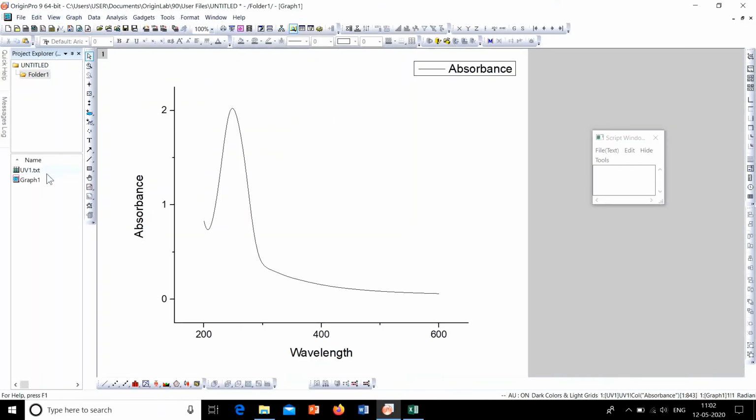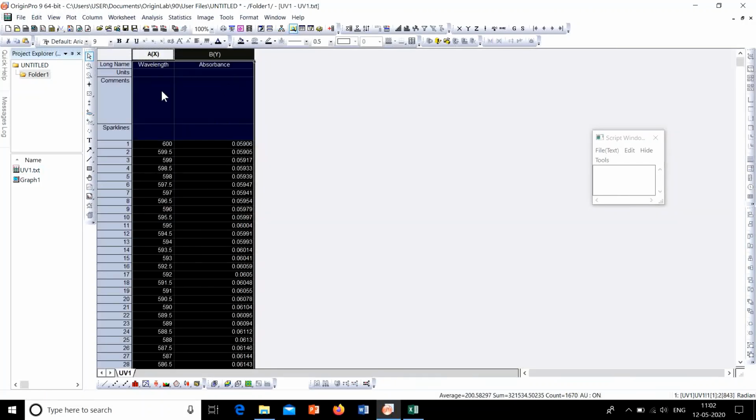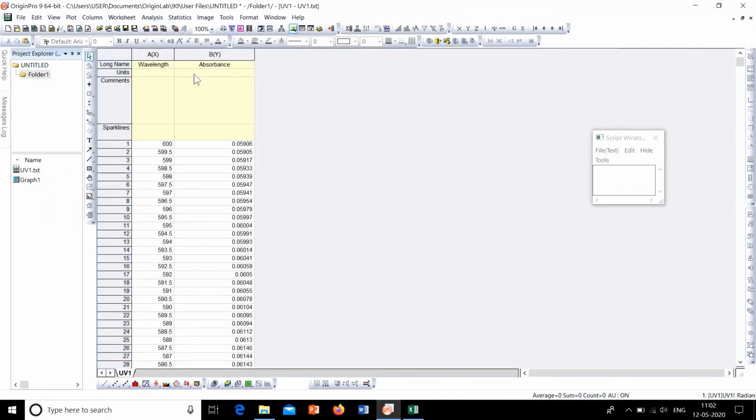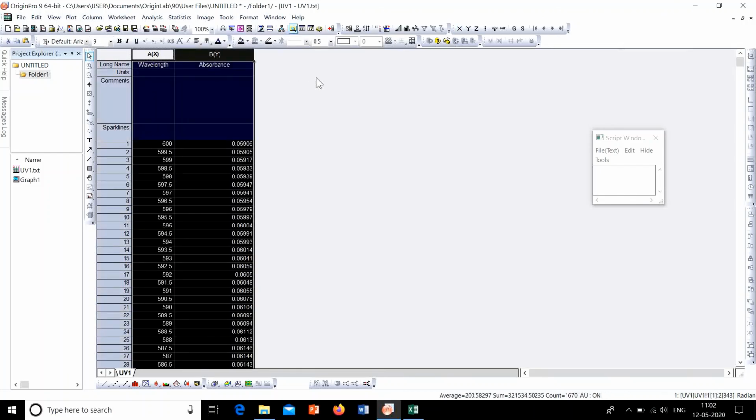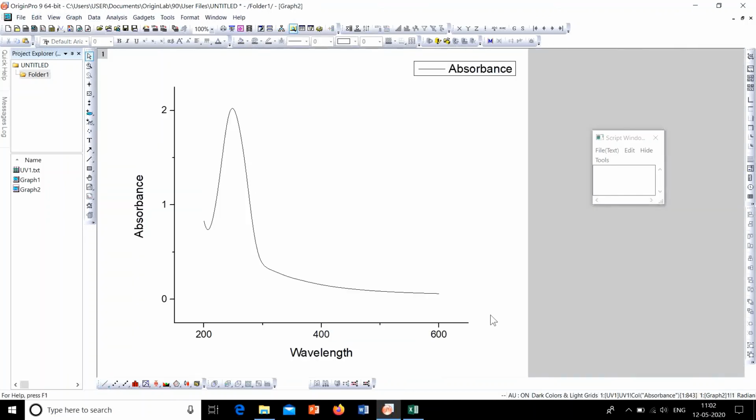Now I'll show a simpler method for plotting. This is our value or the workbook. Now select the x and y axis and just go to this line, this figure of line here. Select that, then you can see that it is getting plotted. So these are some simple techniques on how to import data and how to plot using Origin. Now we will see a modification or beautification of this graph in the upcoming video.